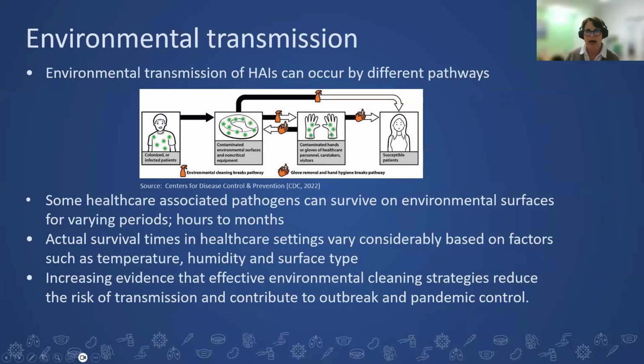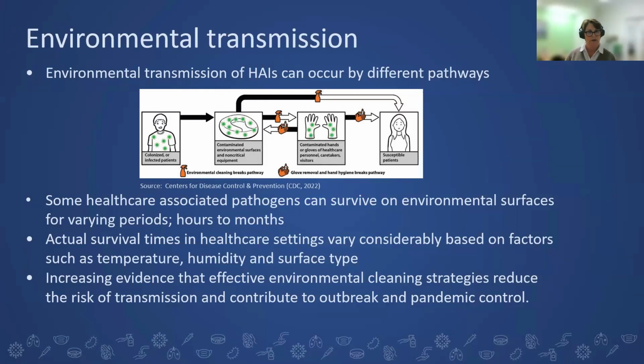We then have the hands of the healthcare workers or other personnel or visitors actually coming into contact with these contaminated surfaces, and they're transmitting it on to other susceptible hosts. Or we can have these susceptible patients coming into contact with these contaminated surfaces and non-critical equipment from the previous